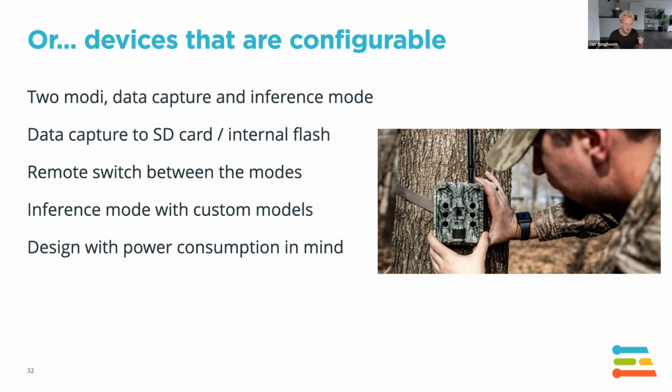And then I want this device to be properly designed, like a real device, like something you could just buy in a store. So these Bushnell sensors, these are kind of state of the art, and that's the one that people buy for this kind of work. They're nothing like this, right? They literally have a little IR sensor to basically sense motion. They just take a picture, and that's it. And that's mostly because they can send some data over cellular if that's desired. But I want something really made for ML and for doing camera traps right in the field, rather than something that's actually made for hunting, which all these Bushnell things are. So let's build something like that.